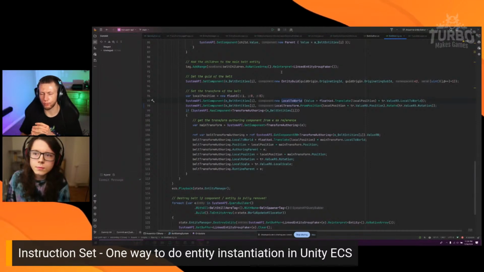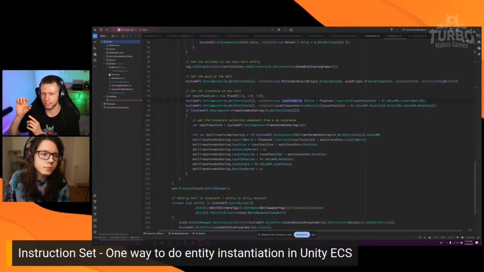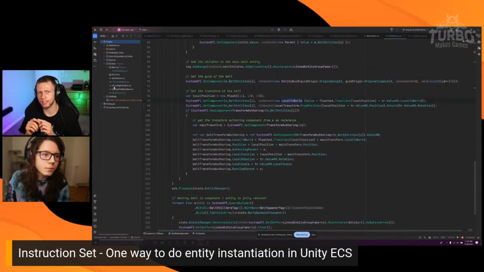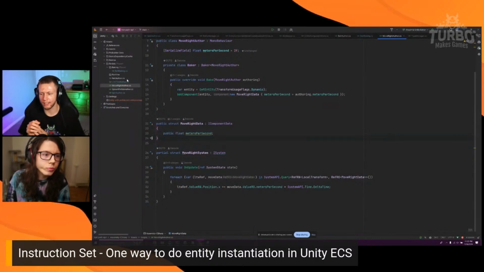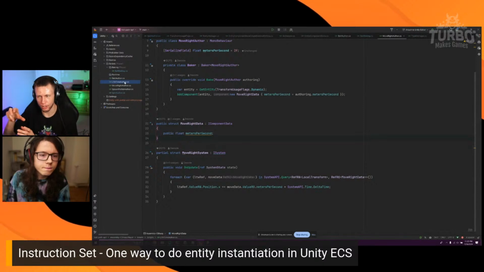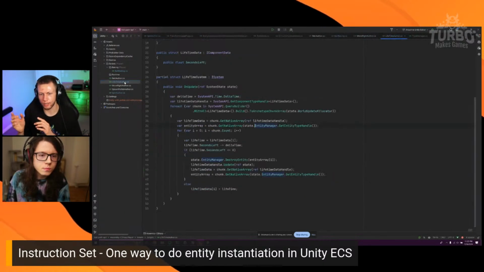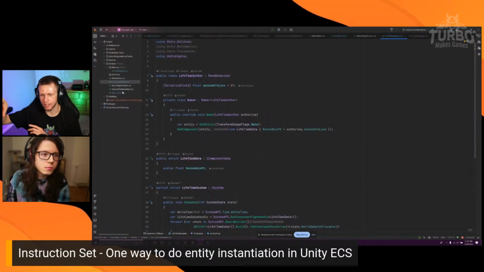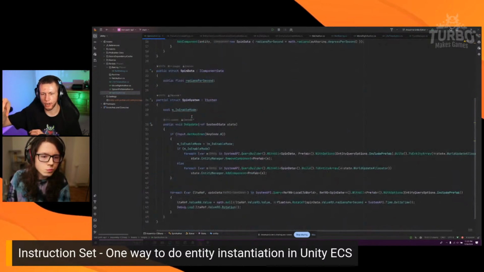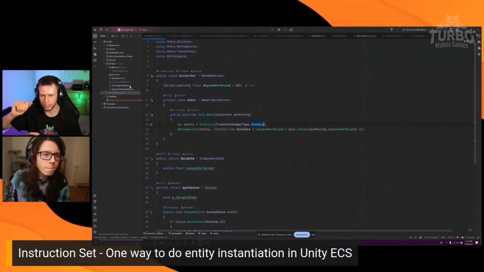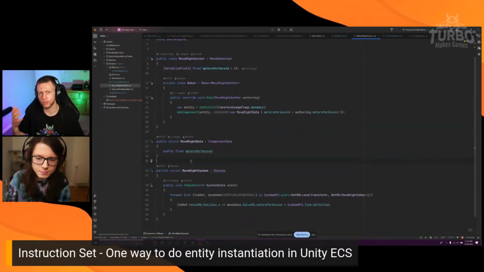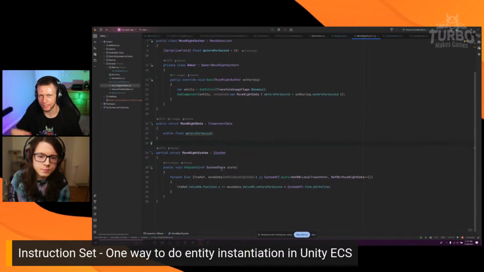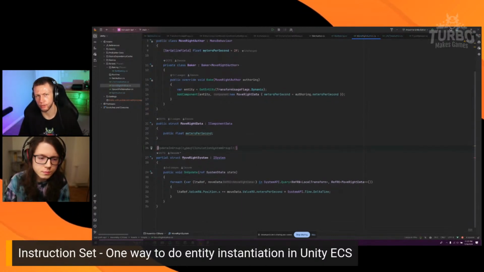So, if we're setting just the local transform, but we set that after the transform update group already ran, then the local to world is not going to be updated with the current position that we set. So there ends up being a 1 frame delay where it renders at 000 for 1 frame, and then the next frame it will be in the correct position. So if you just set them both, you can avoid that, because that's all that transform system really does: it updates that local to world with whatever you have set on the local